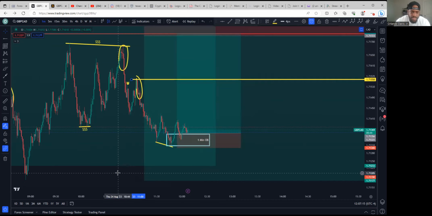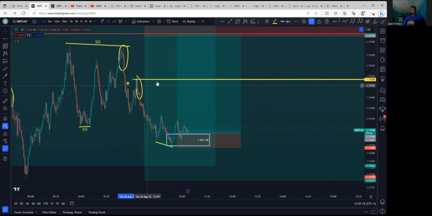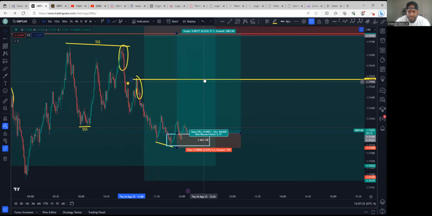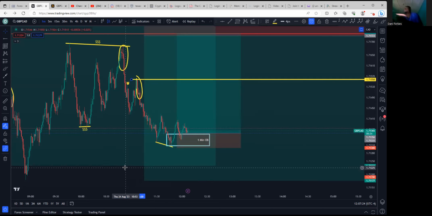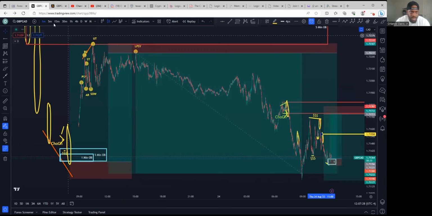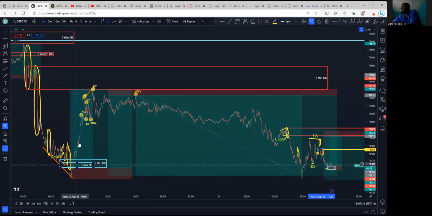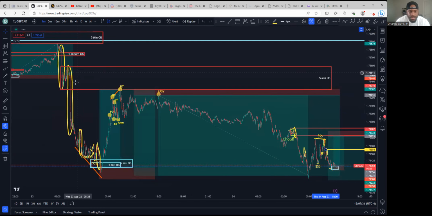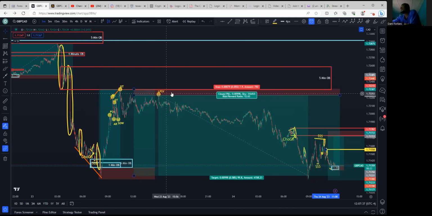Because what can price do? Simply just respect the supply zone and do what? Create another Wyckoff distribution schematic and then sell from here and go back down. Exactly. It absolutely can do that. Just like it did what? Up here on this one, you had the bullish reversal and price came what? To the most recent imbalance, gave you a Wyckoff distribution schematic for a sell to the downside.